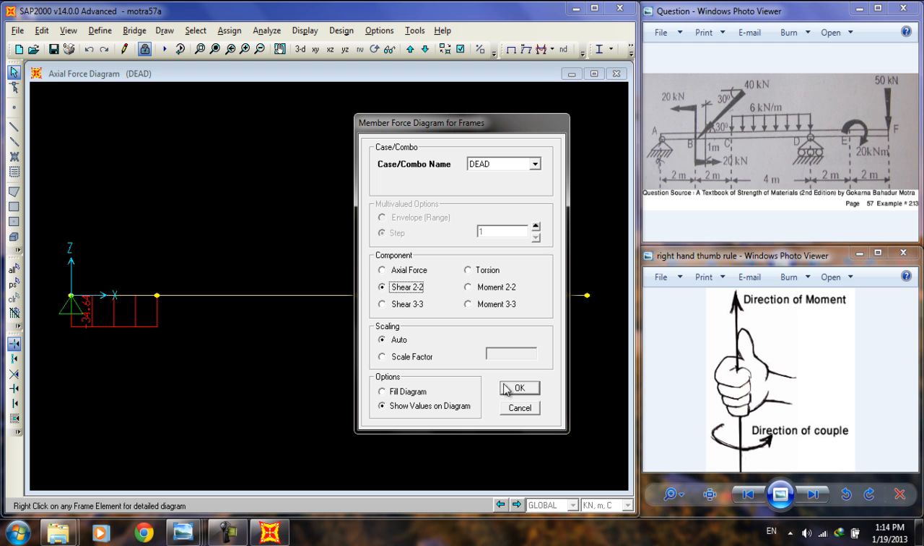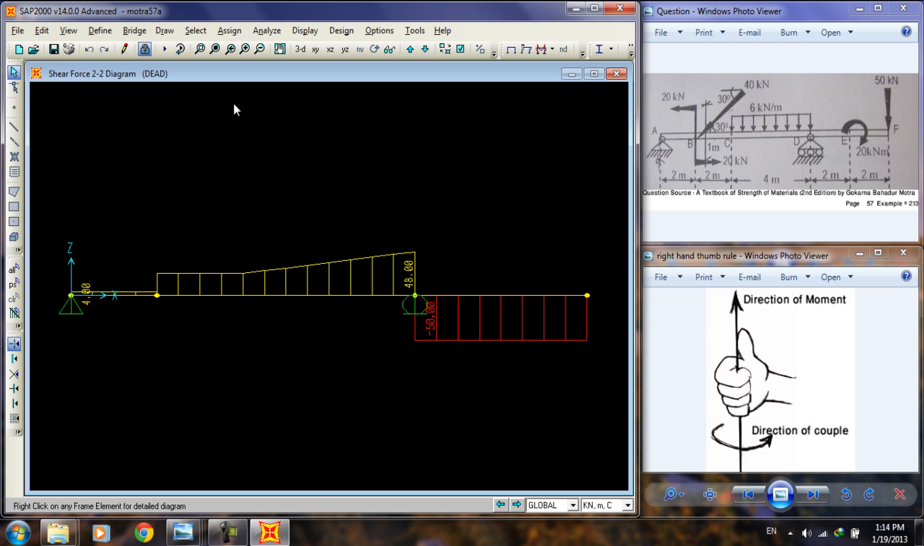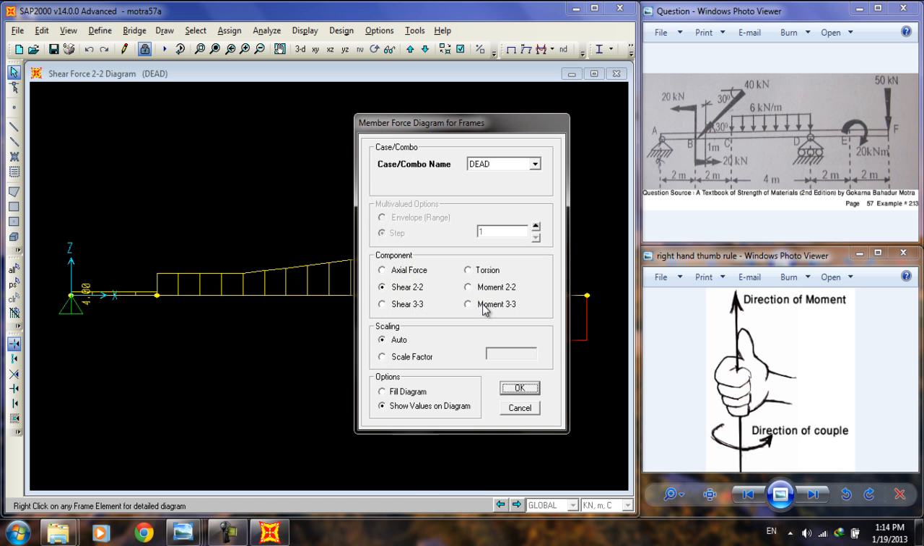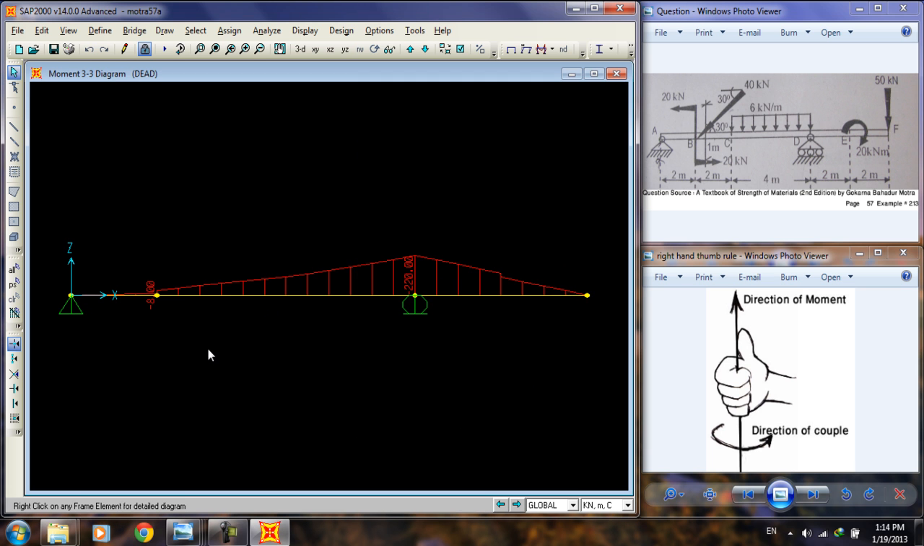For shear force, shear 2. Okay, and this is the shear force diagram. It's 24 up to here, and increases to 48, minus 50. This is the shear force diagram, and for bending moment diagram, this one. This is the bending moment diagram,